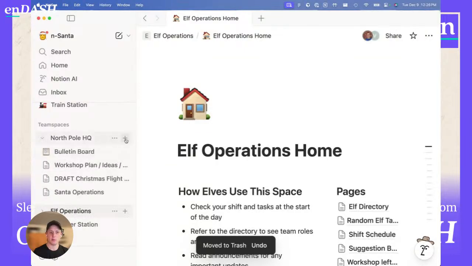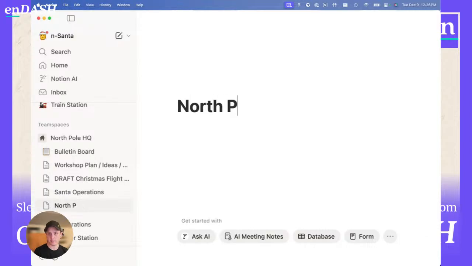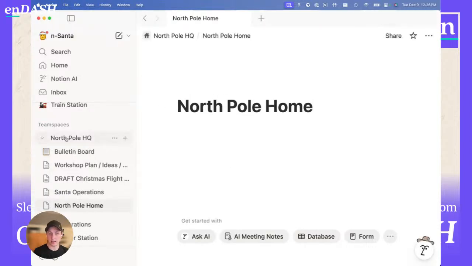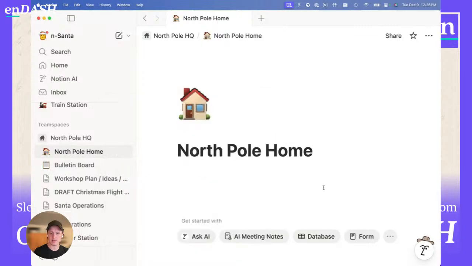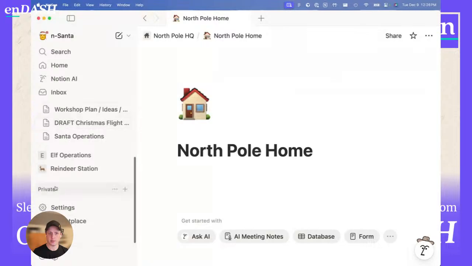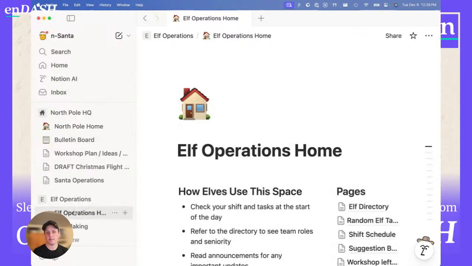North Pole HQ, well, we don't have a North Pole home inside of our HQ team space like we do for our elf operations and reindeer station. So I want to have some consistency, and again, this is where the iterative or agile, flexible mindset goes a long way. There's no single way to be organizing this, but as you find a pattern that's helpful, like, okay, our reindeer home, our elf operations home, our North Pole home,